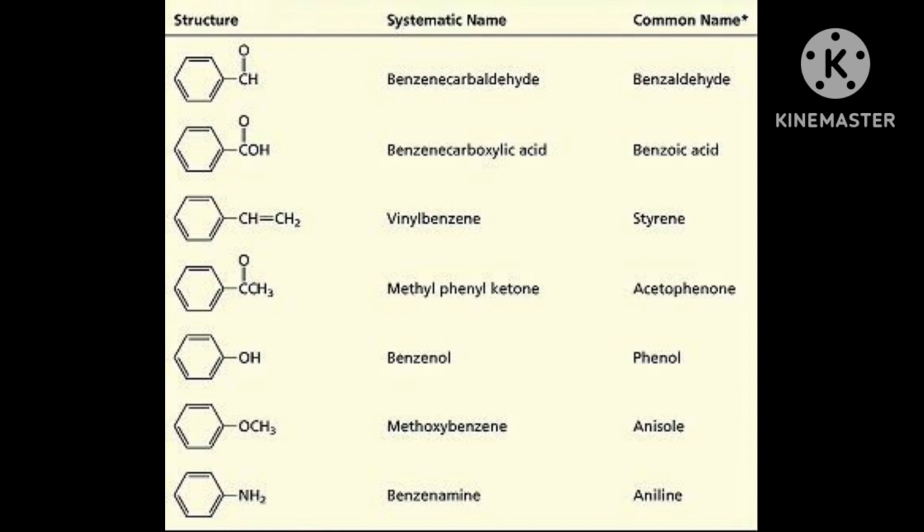First group is NO2, other group is Cl, and third group is CH3, means methyl. One group is nitro, other is chloro, and third group is methyl. Then here, first again you have to do numbering. Then numbering will start from where? It will start from